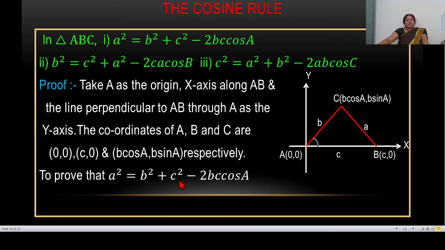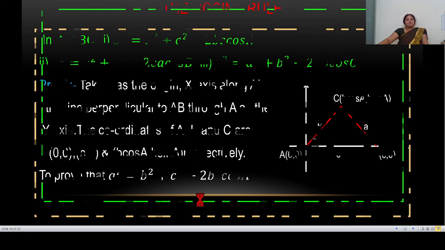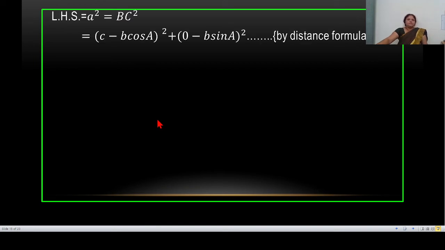Using distance formula, a square equal to BC square equal to (c minus b cos A) square plus (0 minus b sin A) square. (c minus b cos A) square is c square plus b square cos square A minus 2bc cos A,